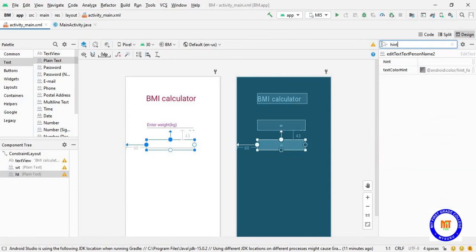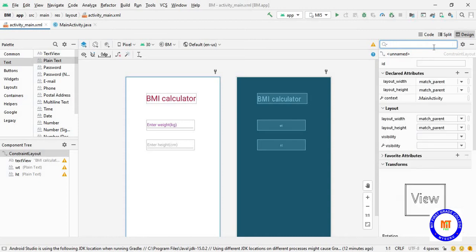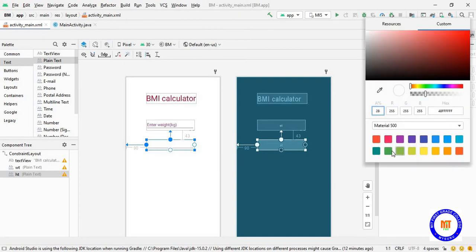Then I'll give the hint as enter height. Height has to be in centimeter. We'll change the hint color also. Let it be green.